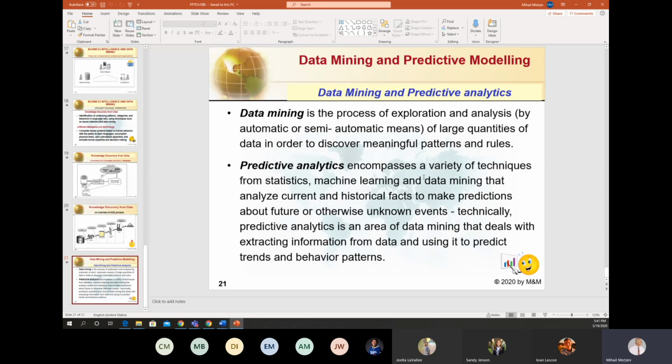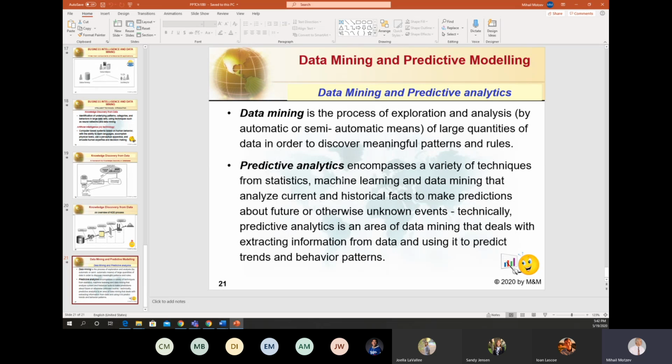Not everything in data mining is statistics. And not everything in predictive analytics is data mining. And not everything in data mining is predictive analytics. So it's a little fuzzy, but we can say in general that data mining is a broader definition and area than predictive analytics.